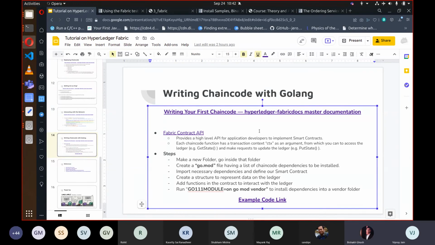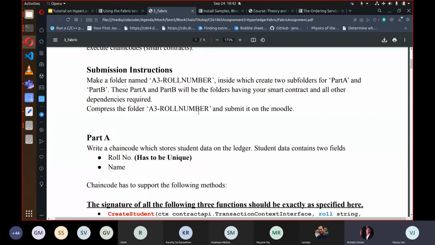So for the assignment, make sure you follow the submission instructions very carefully. You need to create two subfolders for part A and part B. Name these folders exactly as specified here.